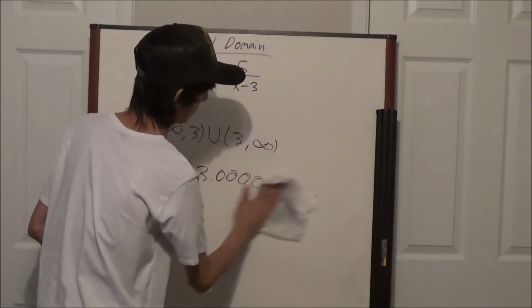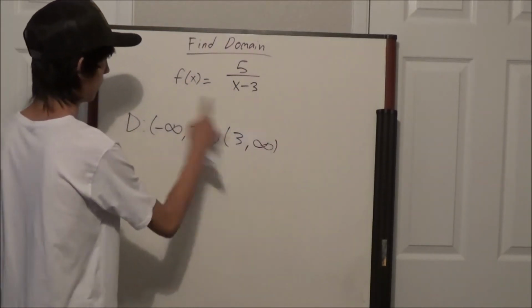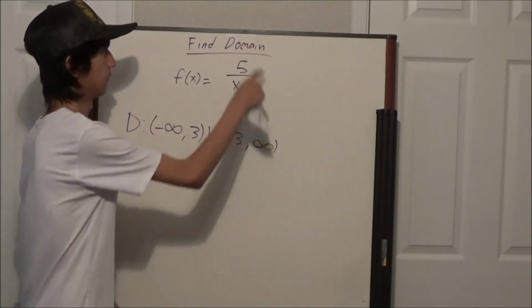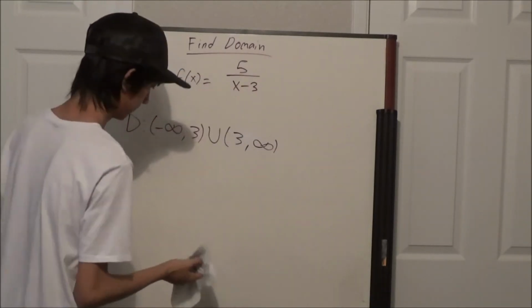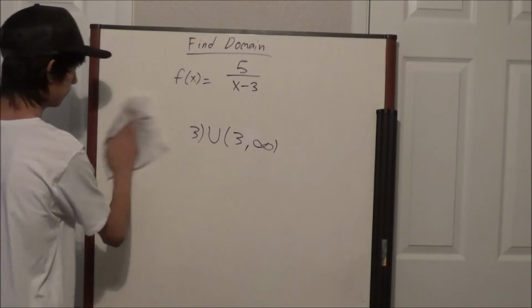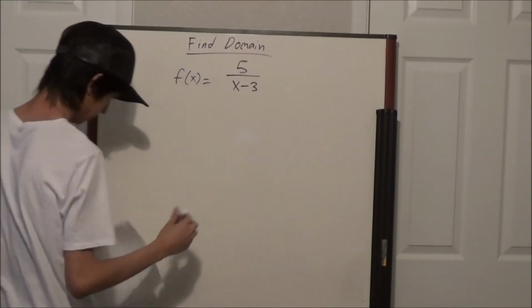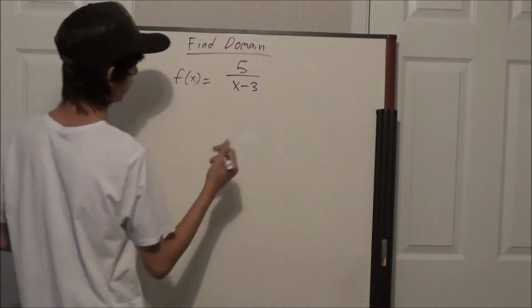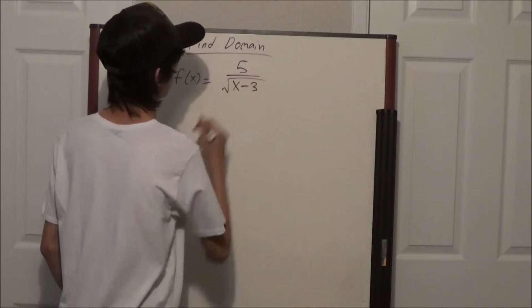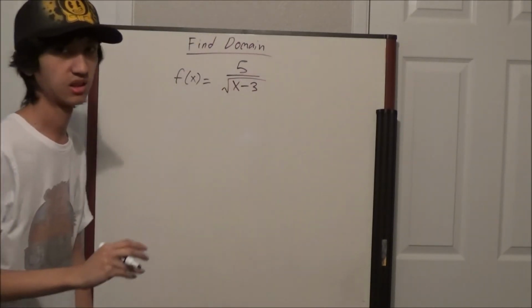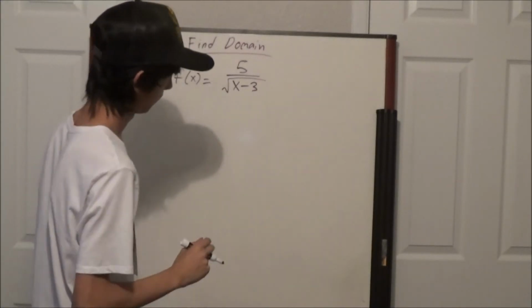So this right here is our domain for this function. Okay? Now I'll go ahead and put up the original problem. What if it's a square root now? Okay, so here,